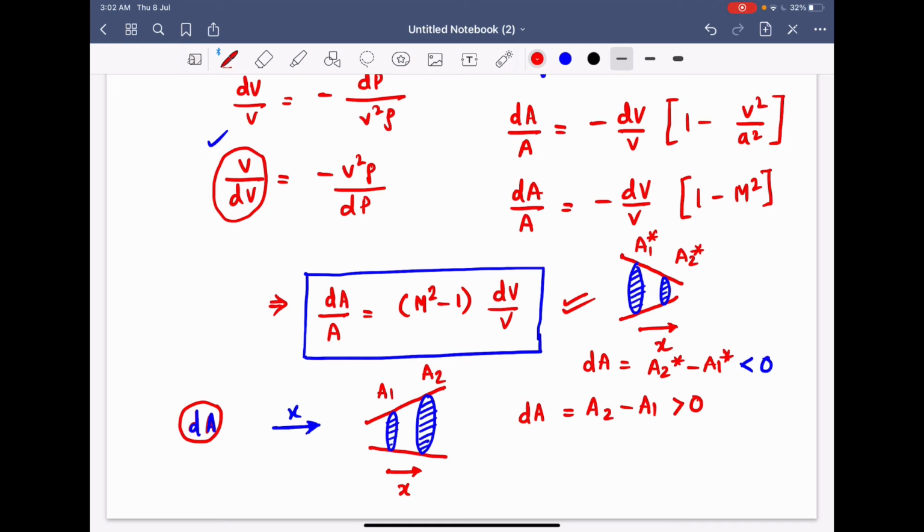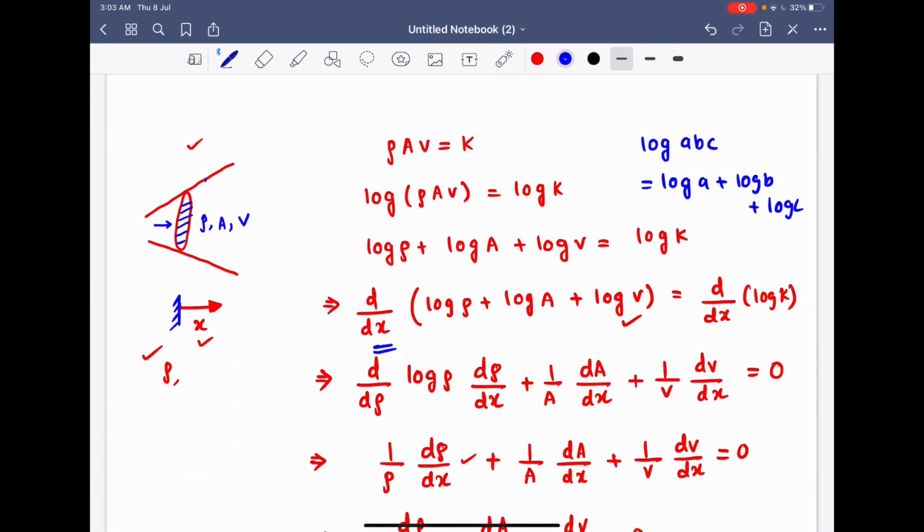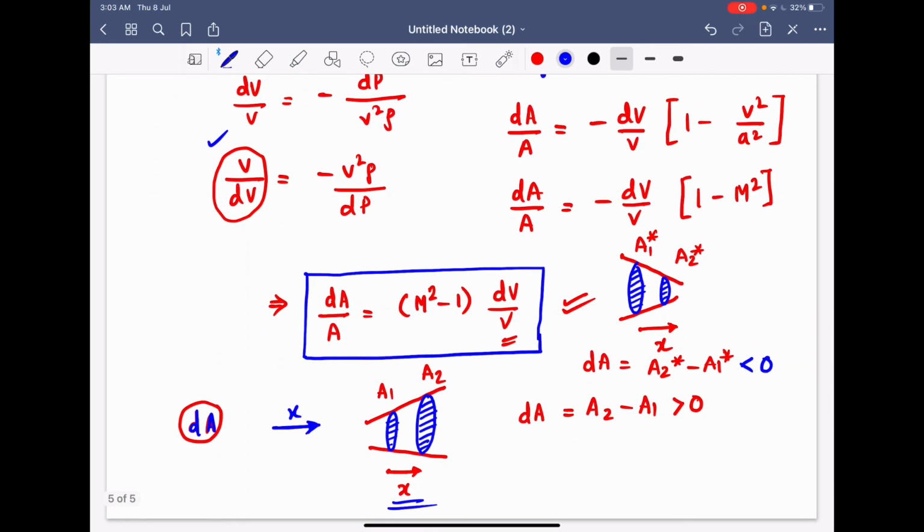In the comment section, tell me about dV by V. So what is dV by V? Pause the video and just figure it out. I hope you paused the video and figured it out. Yes, you are correct. dV by V is the change in velocity as we move forward in x. So over here, this x variable is important. That's why we differentiate with respect to x and not any other variable. I hope you got the gist.